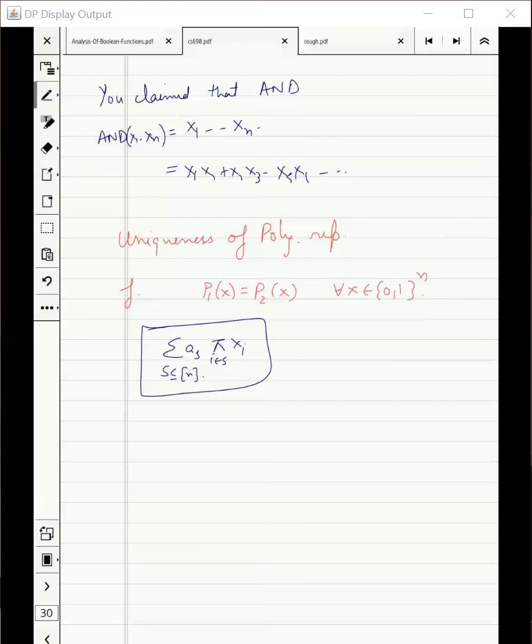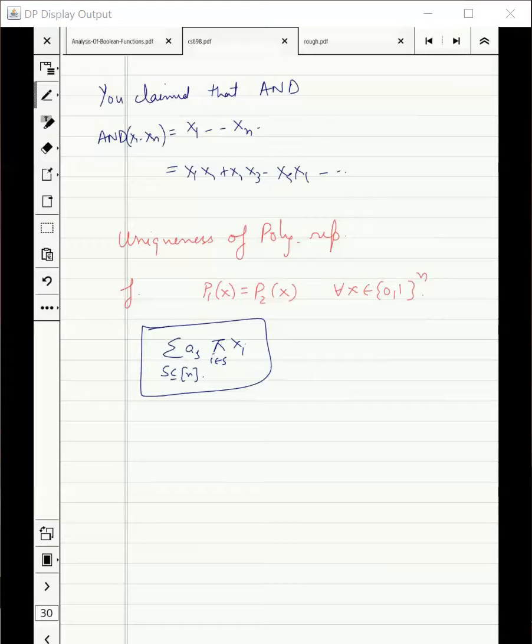So is the question clear to everyone? Because we are very, very few people. If it is not clear, stop now. These things are very nice mathematically and will make sense to you. Does anyone have a question about what we are doing? We are trying to prove uniqueness of the polynomial representation which we just saw. We saw that every function can be represented as a polynomial. We are asking, can it happen that it is not unique? Can there be two polynomials such that they have the same representation?